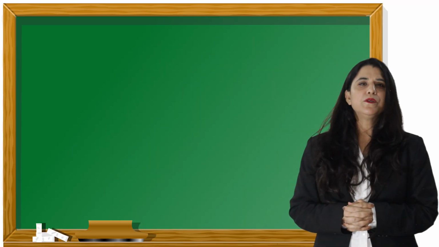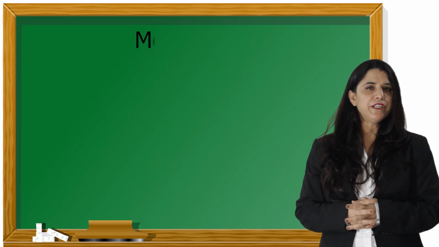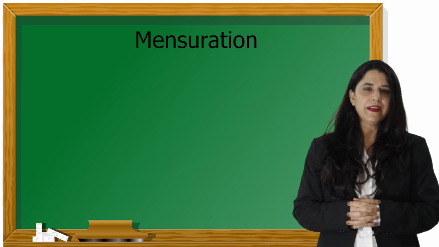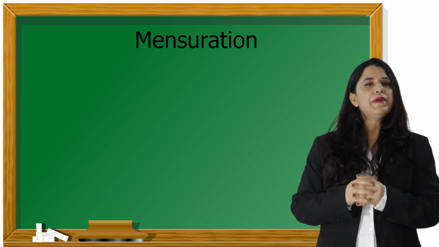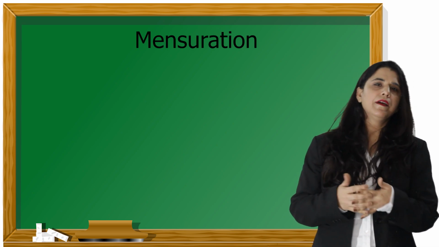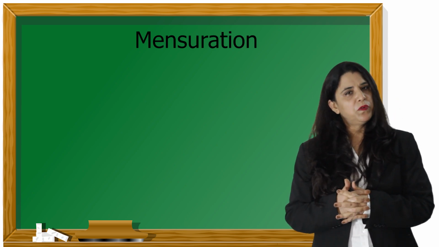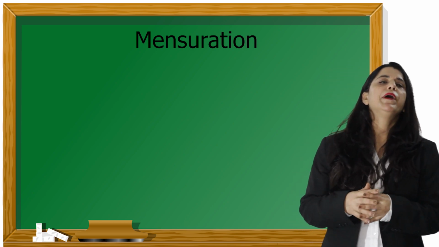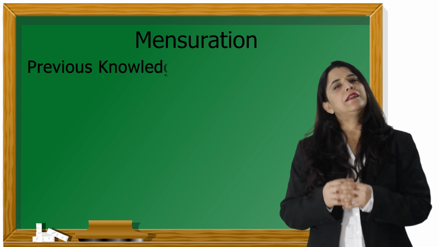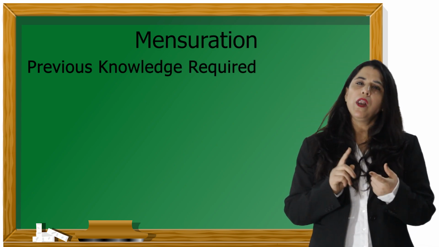Hello students, today we are going to start with mensuration, the chapter which is there in class 10. In mensuration we have certain topics: cylinder, cone, sphere, everything. We'll be taking cylinder today, but before that, the previous knowledge that is required is, you all have learned,